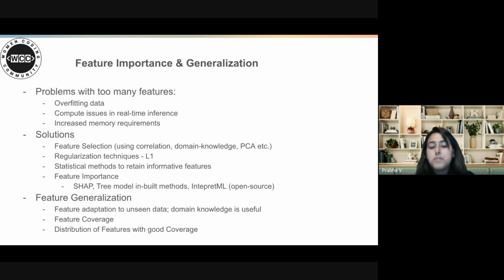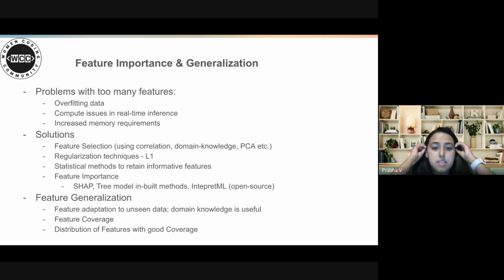Also, there are problems with overfitting when we are model building. The solutions are, as mentioned before, feature selection, using domain knowledge, correlation matrix, PCA analysis and so on, so that you can narrow down the set of features you're using for model training.